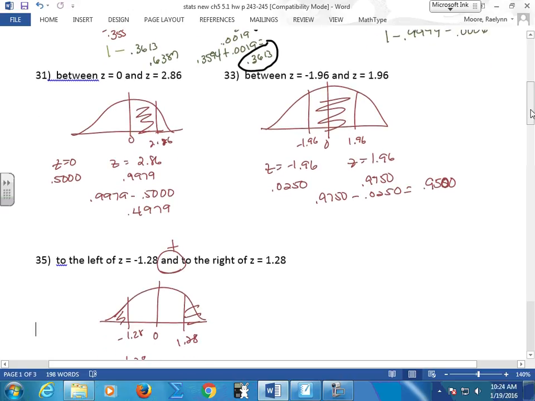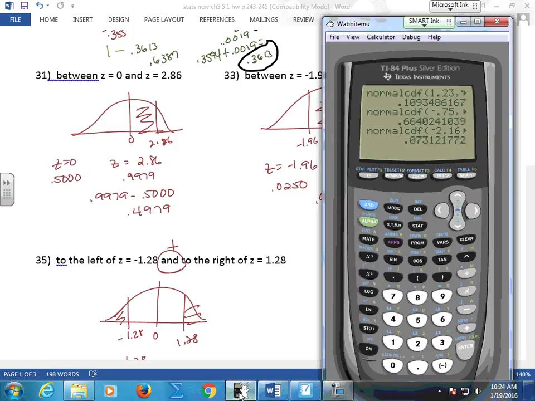There's a couple of between problems. This is where your calculator is really nice, because on your calculator, if you want to do it on your calculator,